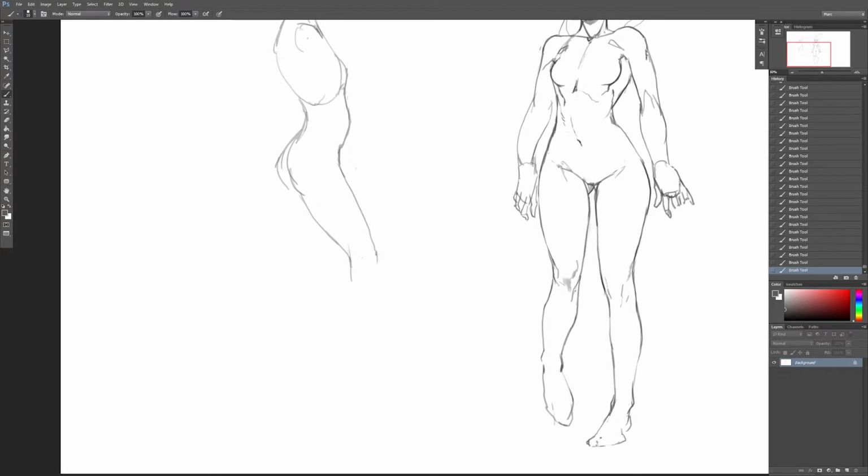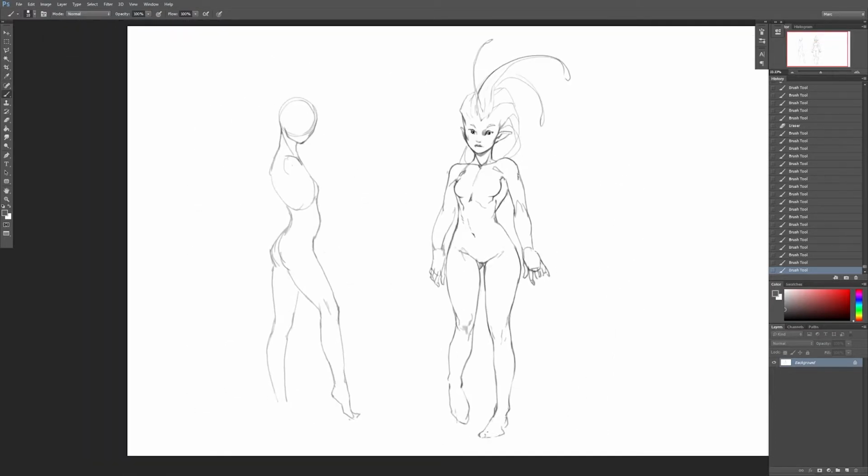As you can see, the lines are not perfect. It's still a little bit rough, but you get a really good idea of the anatomy and the overall body shape that they have. And that's all that's needed so far. You don't want to push too much. You don't want to spend too much time polishing something